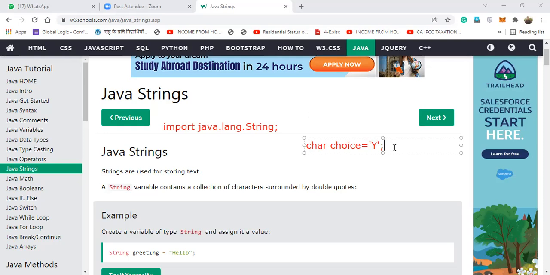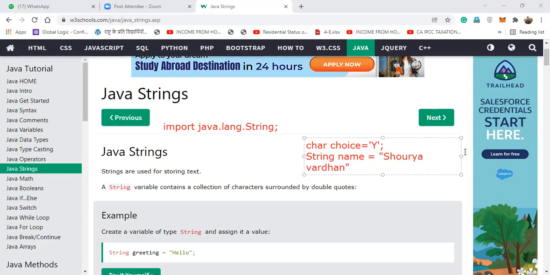But when I say string, say I have written name, and name is equal to, say, I have written such a big name, Shaurevardhan.